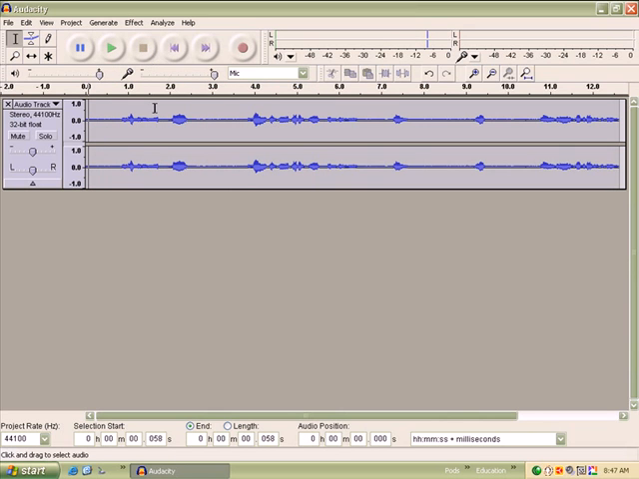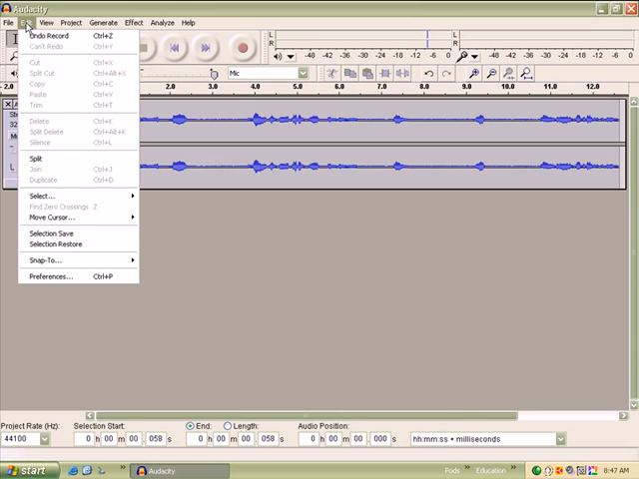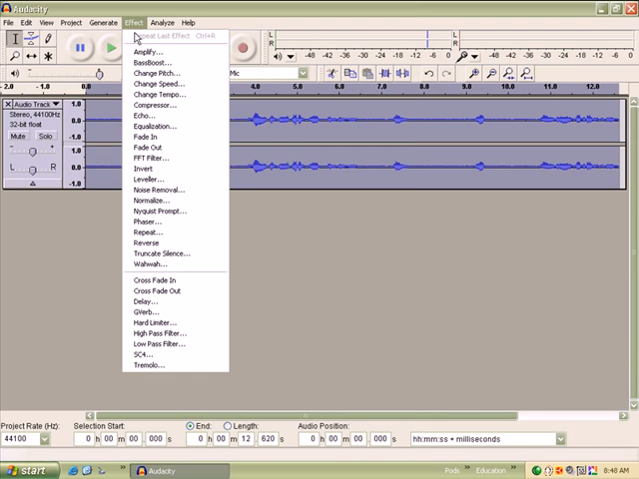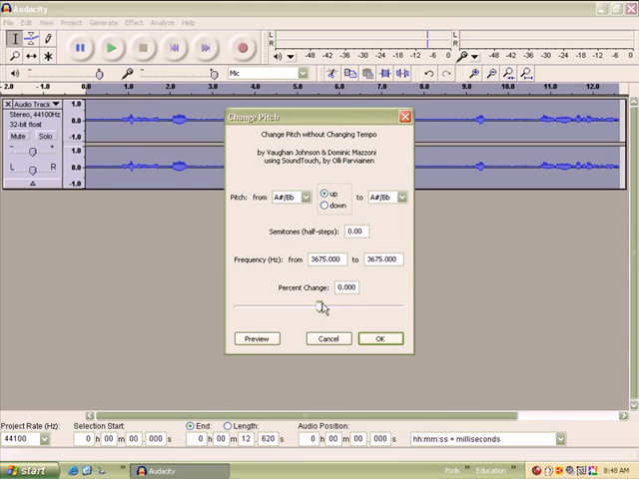Now, in order to give this recording some effect, you have to select the portion of the recording to which you want to give the effect. Now, if I want to give an effect to the entire recording, I do Edit, Select All, so that the entire thing is selected, and I'll now give it an effect. I'll change the pitch of it. Normally I change it by -4 to adjust my voice,